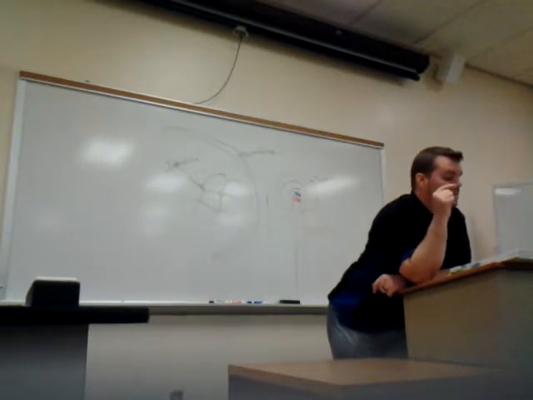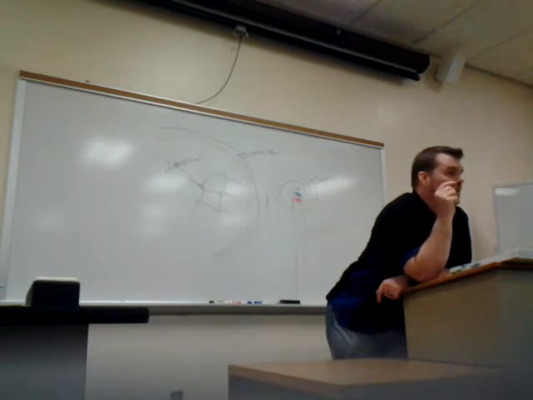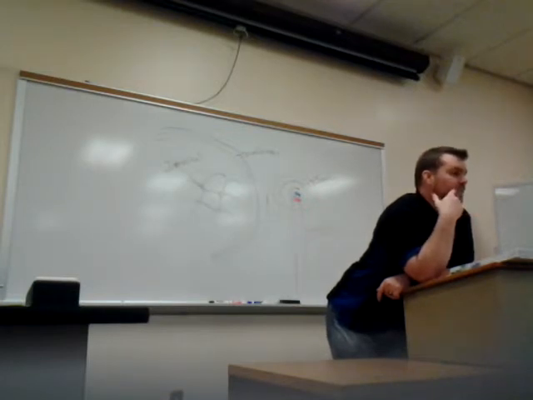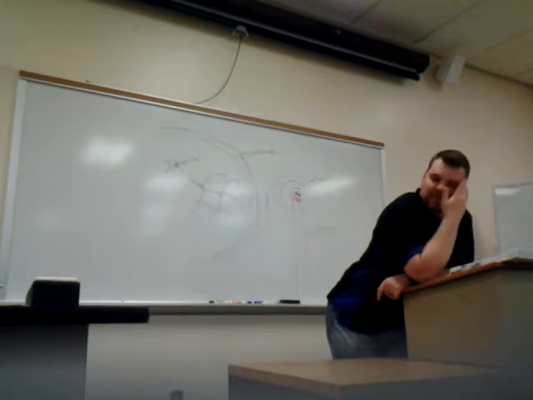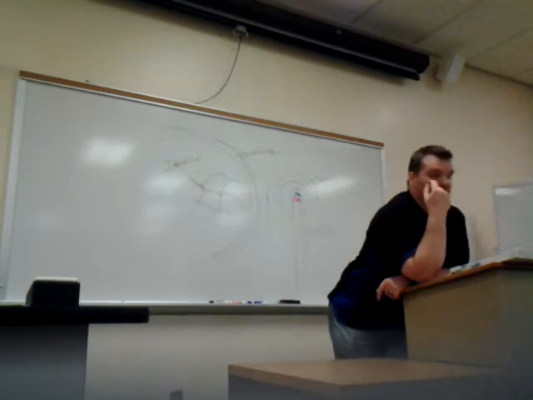So all these long bones have 3 parts. They have an epiphysis, a diaphysis, and a metaphysis. If you can't remember which way they go, meta means middle, so it's always going to be between the epiphysis and the diaphysis. And how many epiphyses do you have? 2. A proximal and a distal. How many metaphyses do you have? You have a proximal and a distal. How many diaphyses? 1. Okay, so each long bone